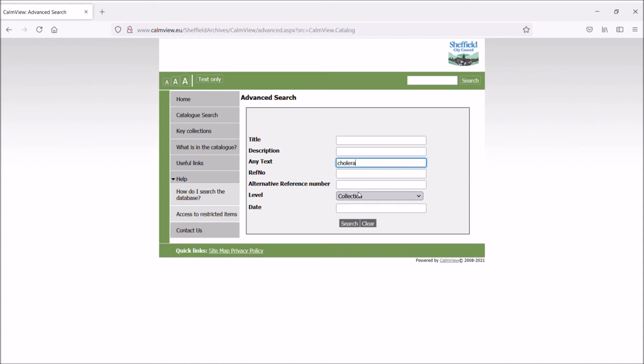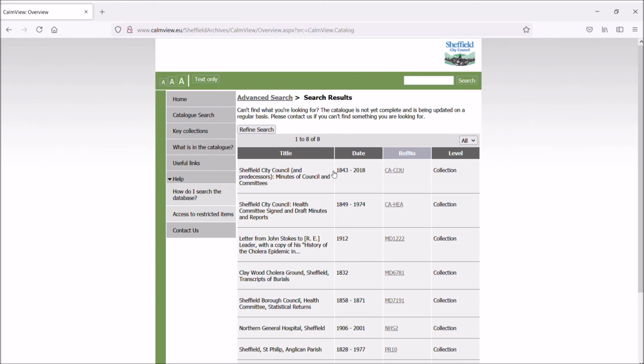This will now look for any reference to the word cholera in a collection level description. So this would be a high level description. And collections, remember, can cover thousands of items. And this now tells us there are 8 collections with the word cholera within them.